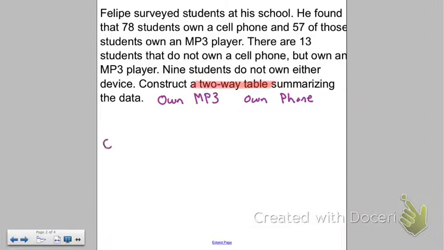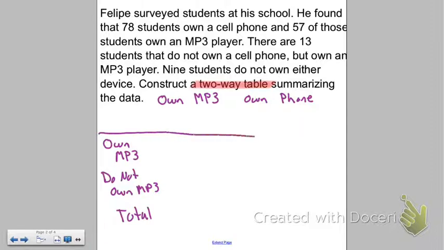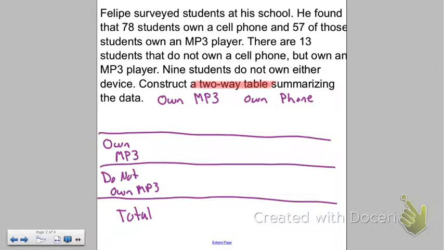So I'm going to put on my left-hand side students who own an MP3 player, and students who do not own an MP3 player, and my total. You always want the data to remain the same. So on the left-hand side, I have the same data. On the top, I'm going to have my other piece of data, which is students who own a phone,